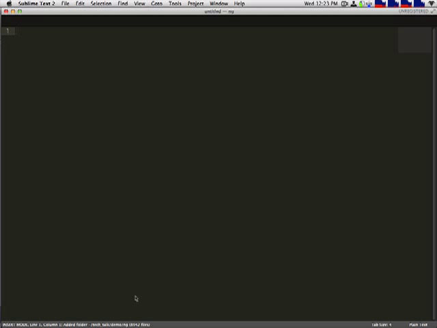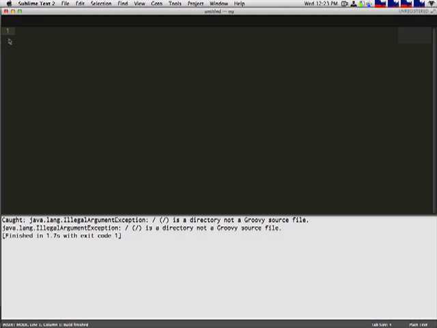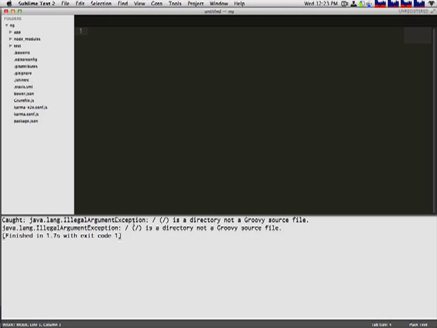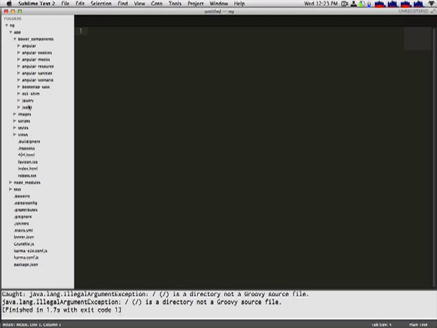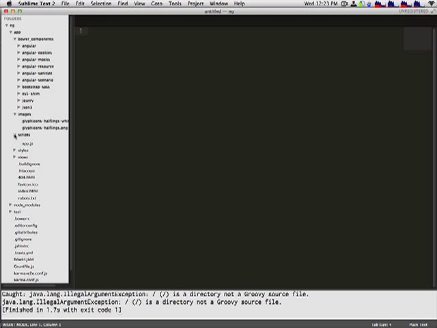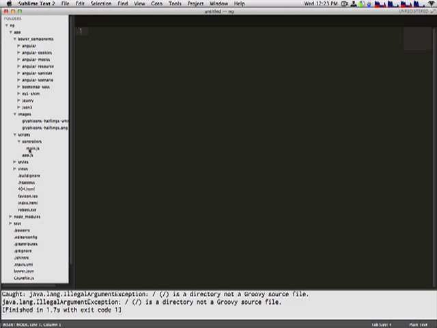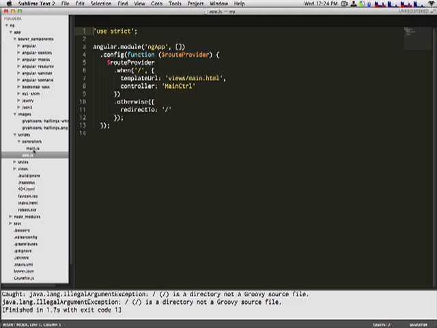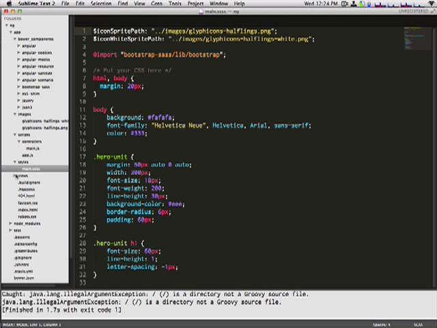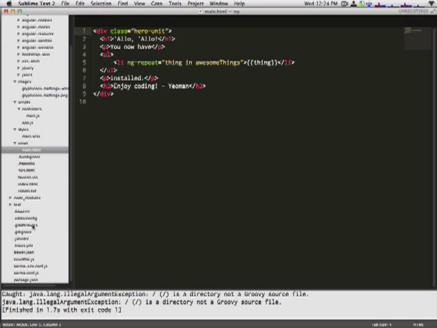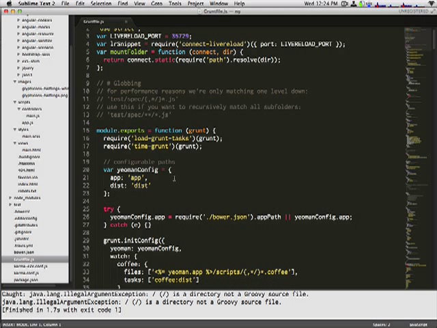So let's see what that gave us. This is everything that was generated for us. So it's giving us an app directory with a bunch of pre-installed Bower components, jQuery, a bunch of Angular stuff. It has the Bootstrap images. These are our JavaScript files. So we have an app.js, which is an Angular, kind of the main. We have a controller. We have our styles, and then a view. But let's go look at our Grunt file,